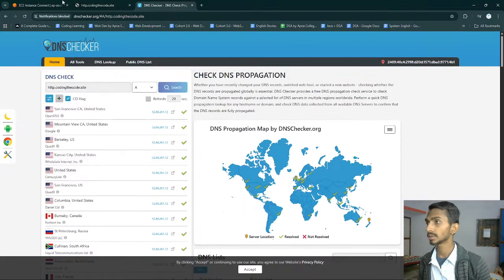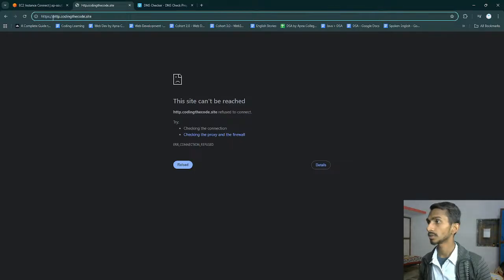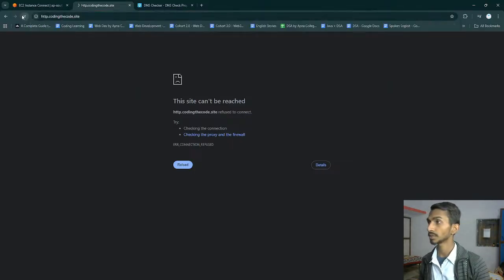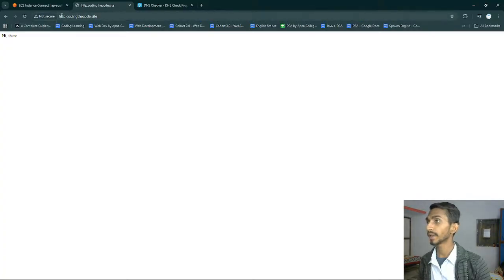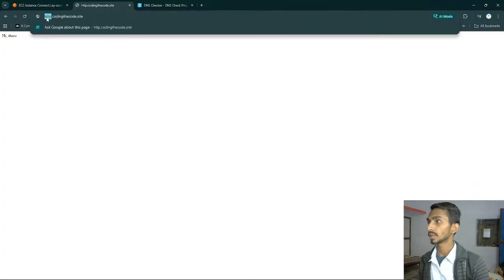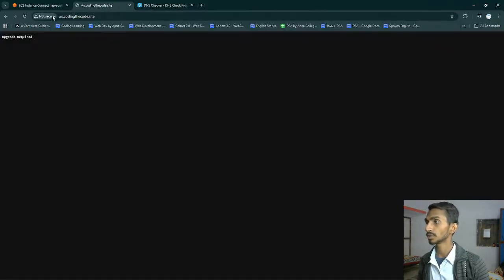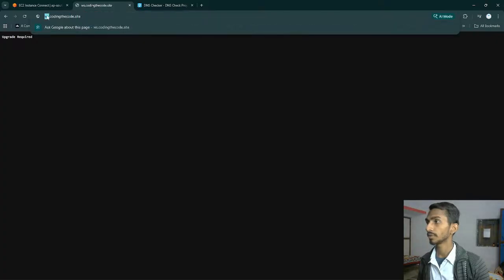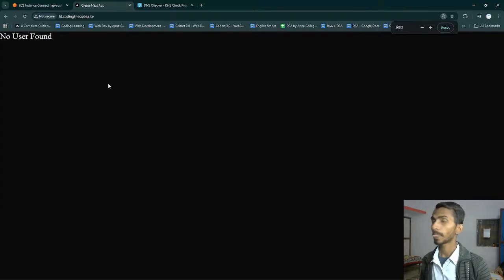Well, it's showing me the right thing. I don't need this, I just need this. Okay, it's working. HTTP is clear. WS, let's check this thing out too. WS is also working. FD, no user found is showing that.